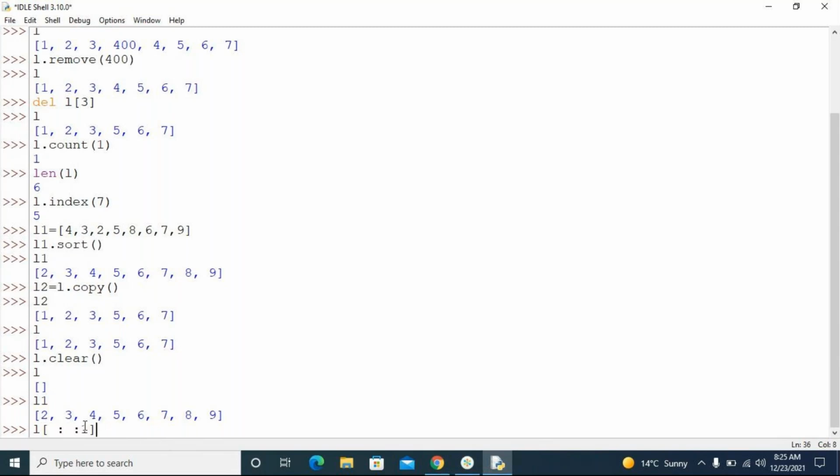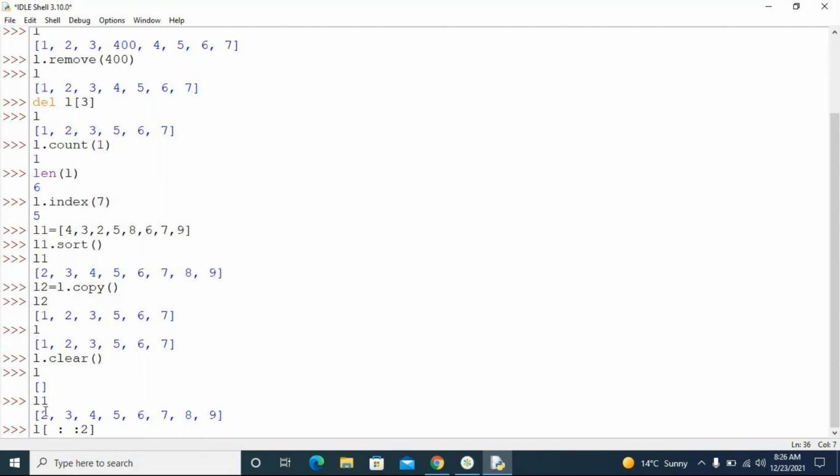So this last, we have two more things. Either you can give in this way, or this one. This extra step is called skipping elements. So if I say one, that means it will skip zero elements. Okay. If I say one, what happens? It will skip zero elements. If I say two here, it will skip one element. That means it takes two, it will skip three, then four, skip five. If I say two, it will skip one element. One element means after every element, it will skip one element. If I say three, it will skip two elements.